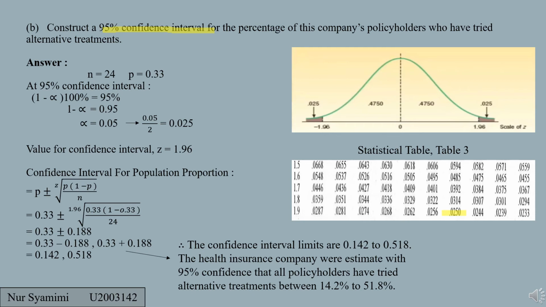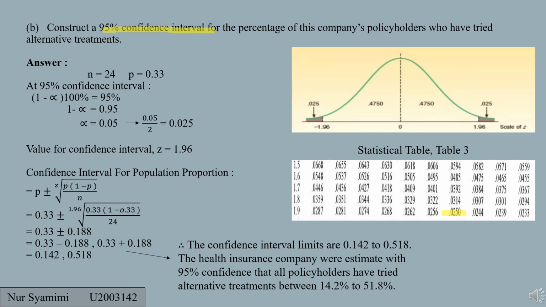At the previous slide, we know that P equal to 0.33, N equal to 24, and we also know the value for Z, which is 1.96. So we just insert the value into the formula and we calculate and we get the answer 0.142 and 0.518. So in the conclusion, the confidence interval limits are 0.142 to